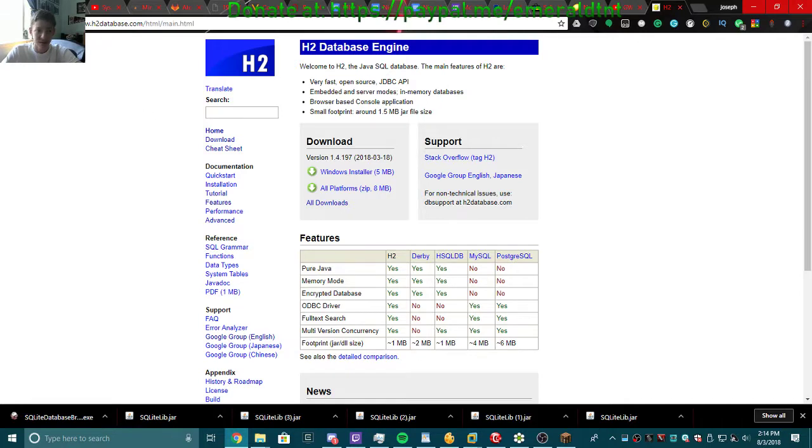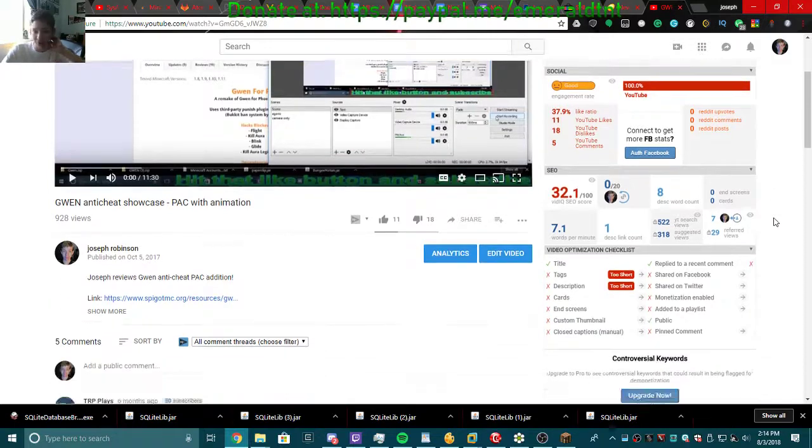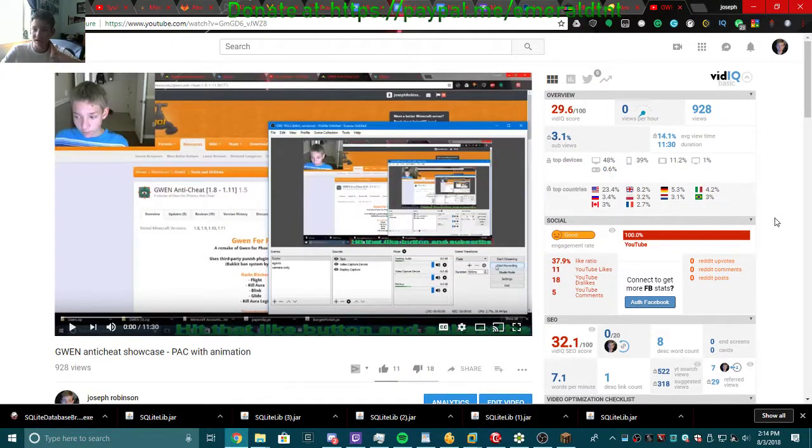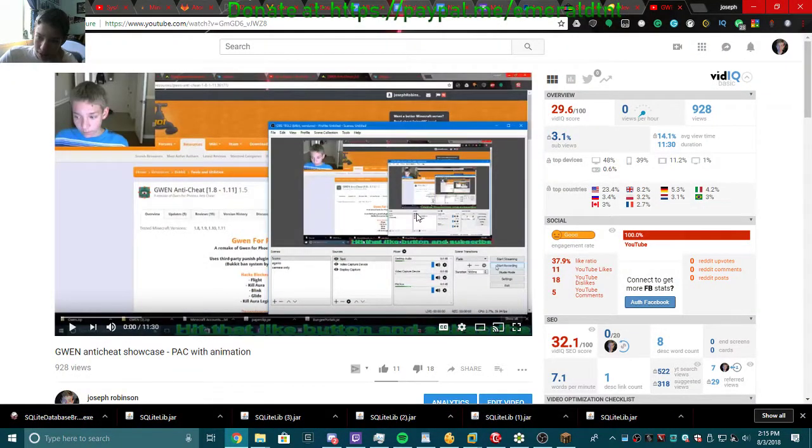You can easily download it at h2database.com. It's one of my favorite databases ever. And it's a jar file that you can put in your server, and when your server starts up, it will start up the database. Also, you can double click the jar file and it will open up your browser and give you admin control over it. It has a built-in web server with a database. So yeah, there is some things that can be modified, but in the meantime, it's pretty good anti-cheat,